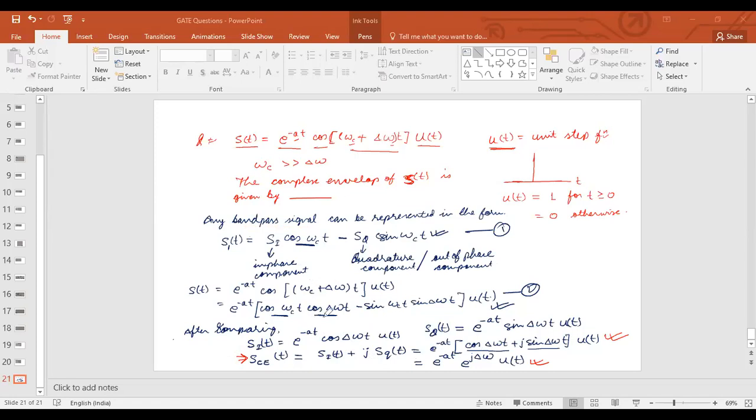So in this case we have got here that यहाँ पर हम जो कह रहे हैं, हम कह रहे हैं इस बैंड पास सिग्नल के रेस्पेक्ट में ये बैंड पास सिग्नल क्या है. ओके, बैंड पास सिग्नल जो यहाँ रिप्रेजेंट किया गया है, s of it is equal to cos of ω_c t minus s of q sin of ω_c t, इसके बारे में. ओके, ये तो एक अलग वैल्यू st का दिया हुआ ही है, यहाँ पर e to the power minus at cos of ω_c plus